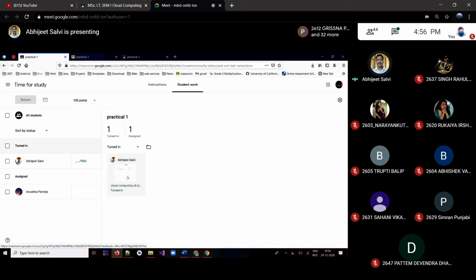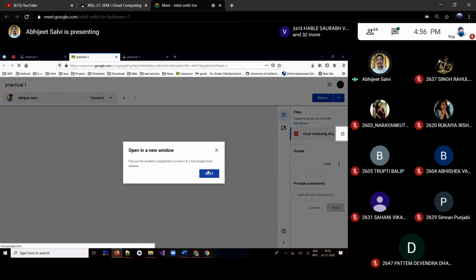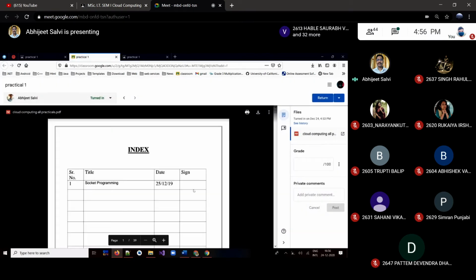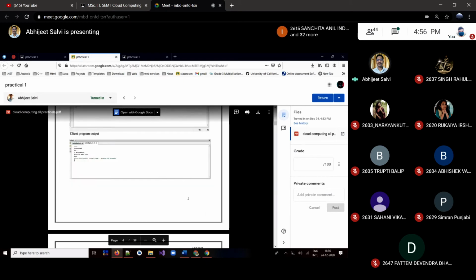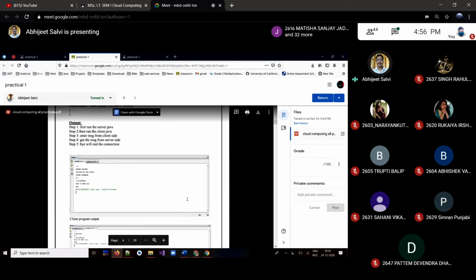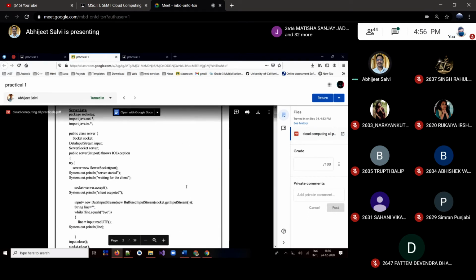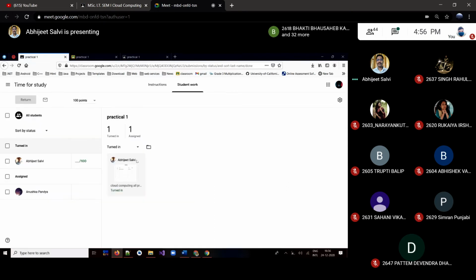This is the teacher's interface I'm talking about right now. The teacher can go through and analyze your file, whether the contents are fine, and the program is perfectly there and executed in the proper manner. All those things will be taken care of, and based on that we'll assign the marks, but that is up to the teachers, right? That way we'll have the record of that.